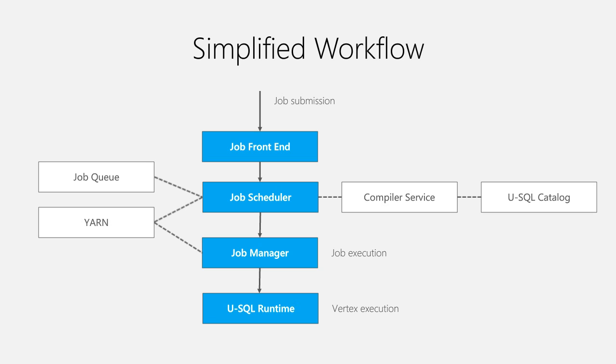Once it gets into the job scheduler, the query that you submitted gets compiled, and the compiler emits certain internal bits. We will also look at how it gets emitted and what kind of file it emits once it compiles the job or query that you submit. Finally, the job manager and job scheduler give it to the compiler service, the compiled file gets into the U-SQL runtime, your job gets executed, and the desired output comes out of the query engine.